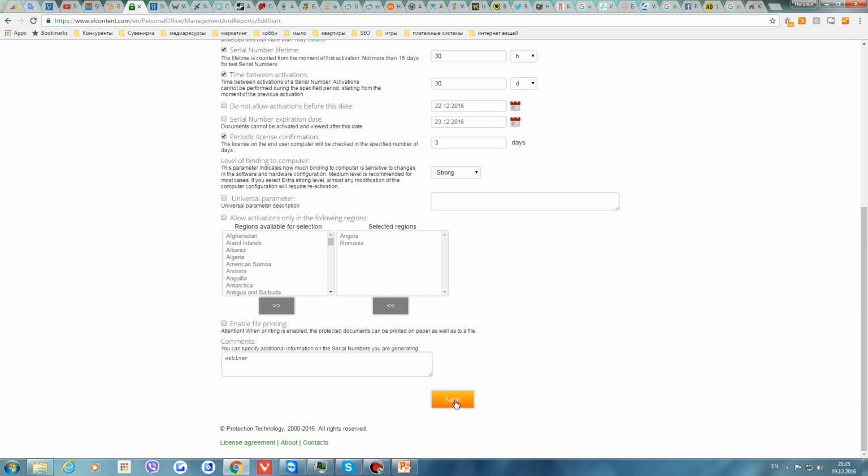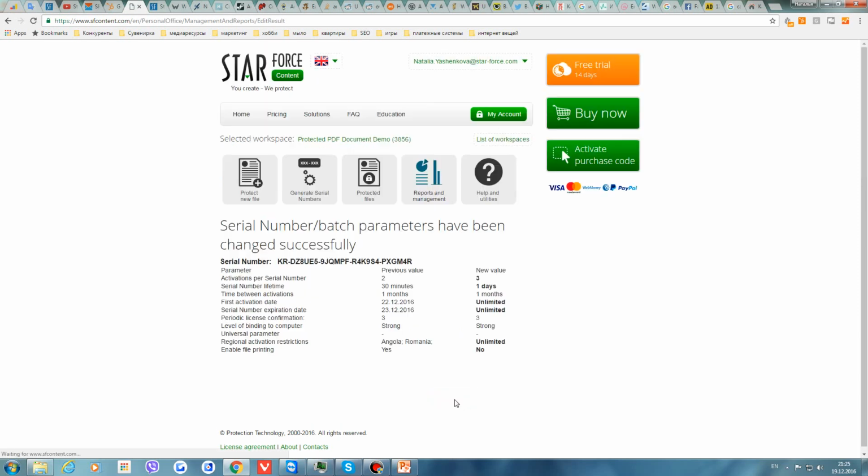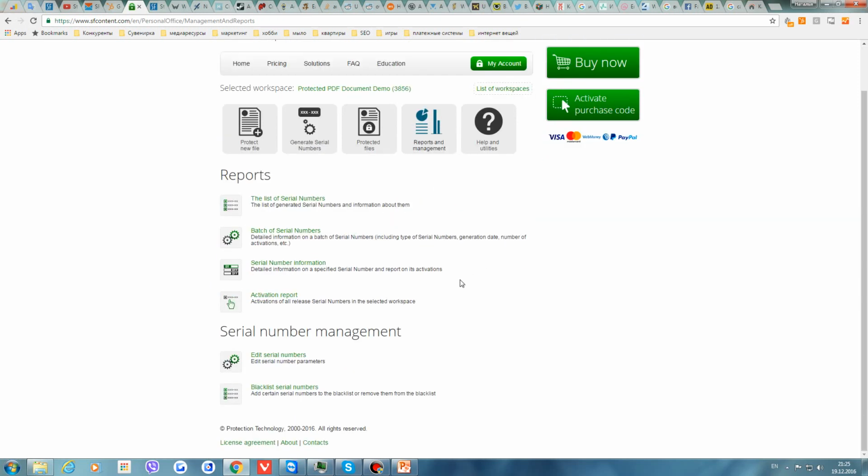So I click save, and here you can see comparison, what was before and after, and that is okay.